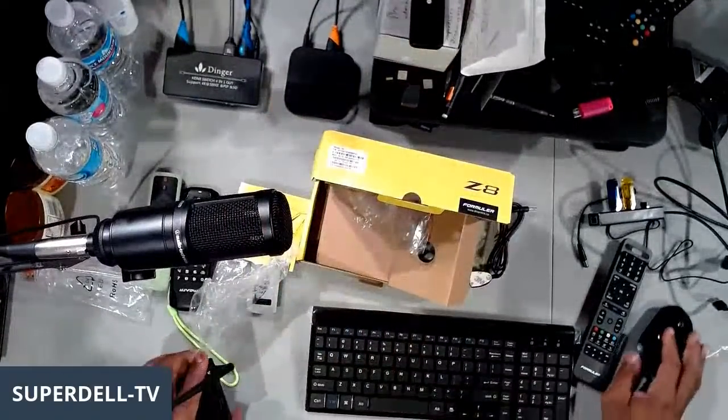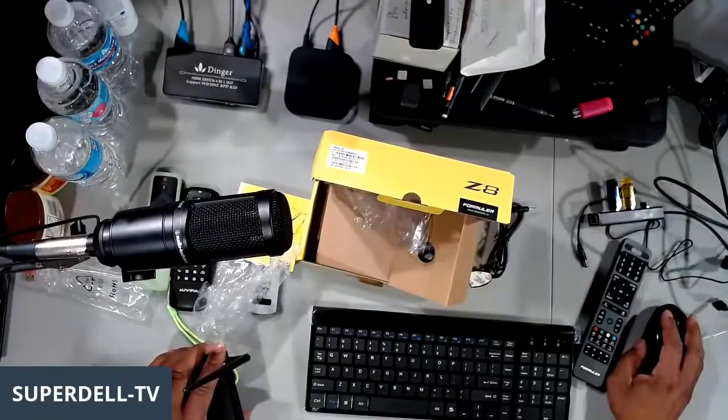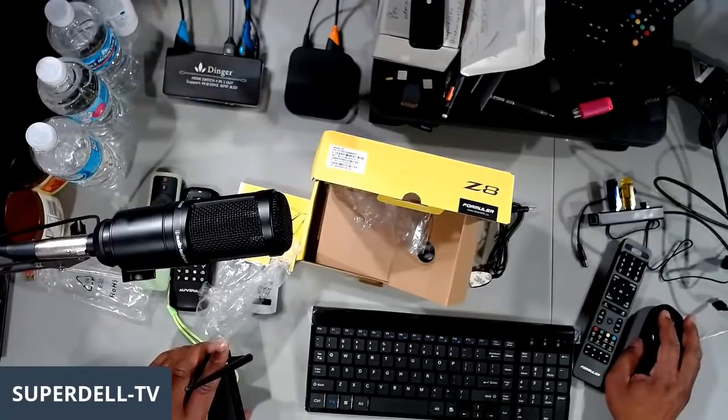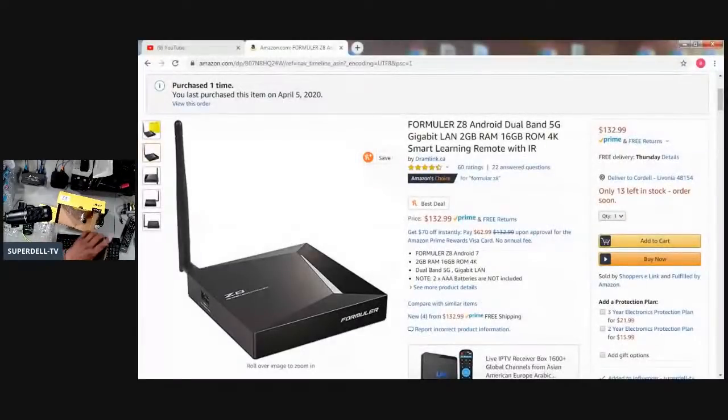But let's get back to it. So it's very, very nice, guys. Let me continue to share this right quick, that way y'all see it. Over here, you've got the specs right here. This is the Z8